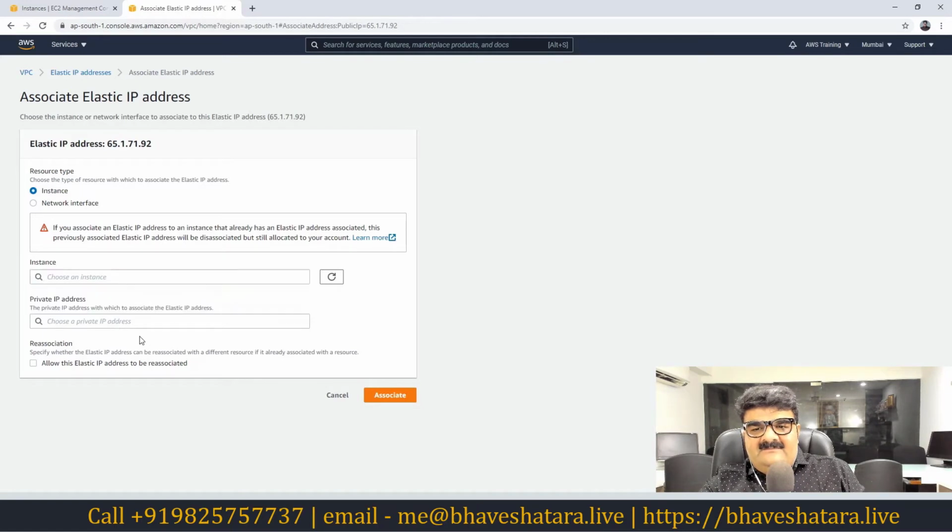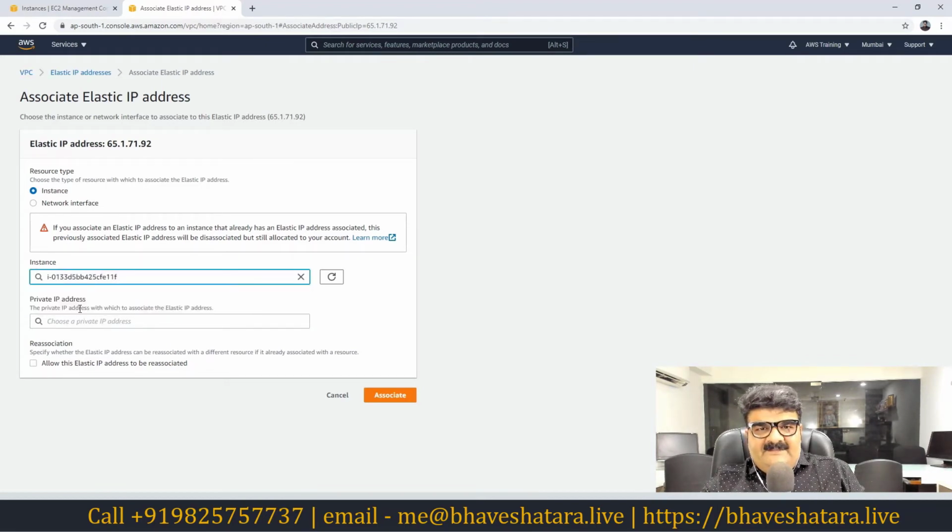And then you can choose private IP, if you want to choose it, you have to choose the private IP of your EC2 instance. Now the matter is, I'm going to select this no public IP instance, because it has no public IP. It means I can attach this, so it will get this public IP, like an elastic IP, and I can use this. So I'm going to select this particular instance.